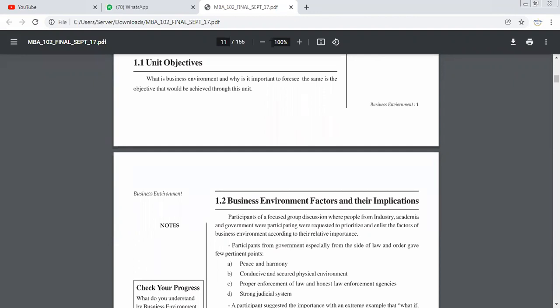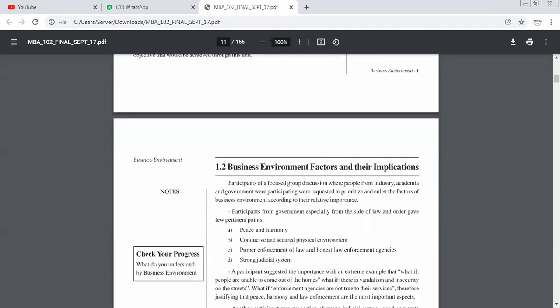Now let us discuss the environment. What do you mean by environment? The word environment refers collectively to all factors within the control of business and beyond the control of an individual business. Environment is a macro concept, meaning a larger concept, and the business unit is a micro concept. In business, only the things needed for profit are taken into consideration. But the environment includes a lot of things: society, nature, all these things are included in the environment.